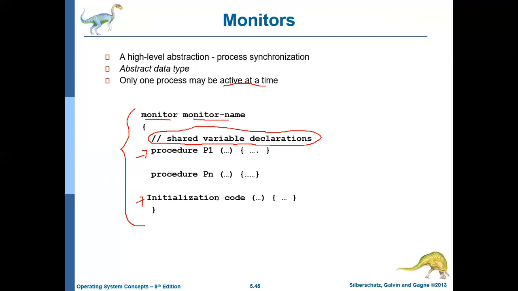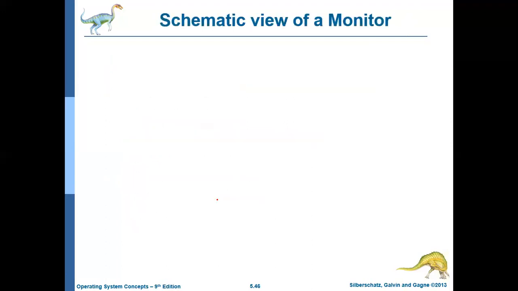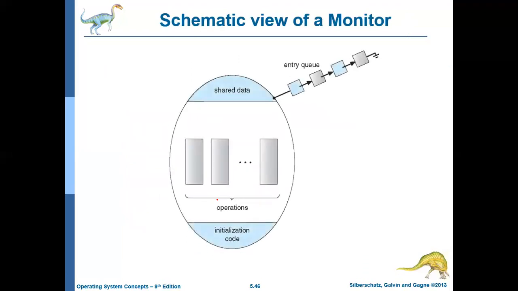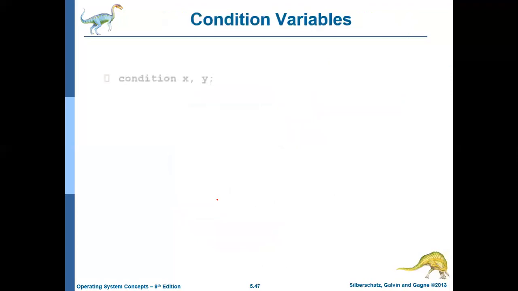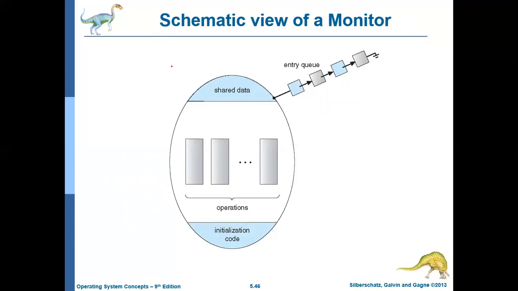But only this much is not enough. This is not that powerful. So beyond this the programmer should create some condition variables. I'll explain this diagram later. He should declare some condition variables. Here two condition variables are declared, x and y. Basically these condition variables are nothing but shared variables which are inside the monitor.